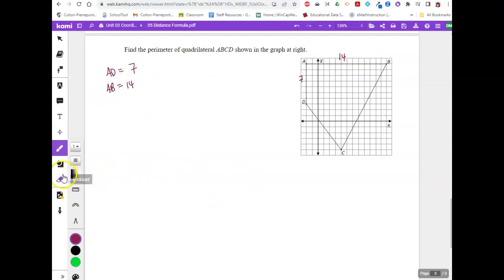Now where we have to use the distance formula is on DC and CB because they are not vertical and horizontal lines. So what we have to do on this is create a right triangle right there. And to find CD,